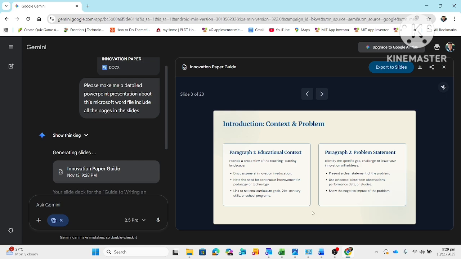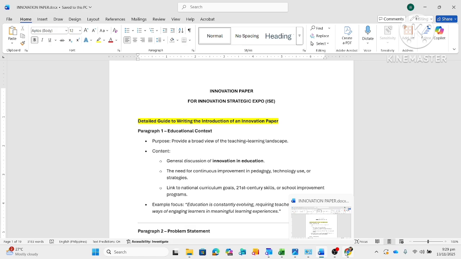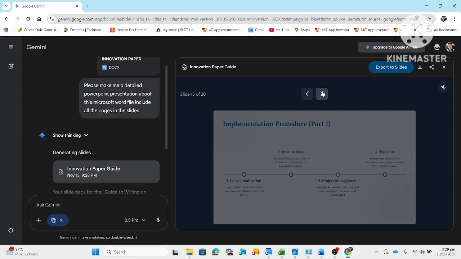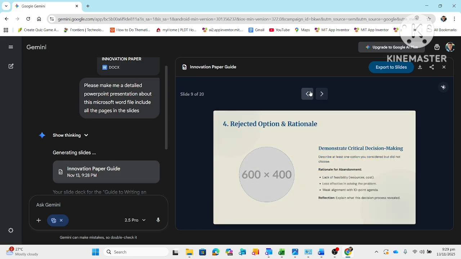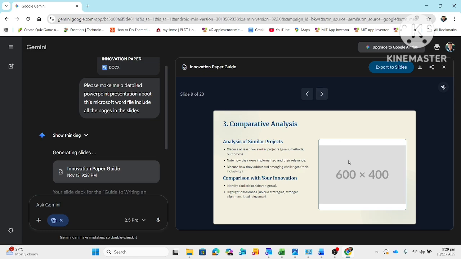The AI already grouped the details or information coming from our Word file accordingly. So when we're going to present this one, hindi na po tayo mahihirapan. All right, so if you're going to check here, there are box that needs to have a picture, so you don't have to worry about it because you can add pictures on it.